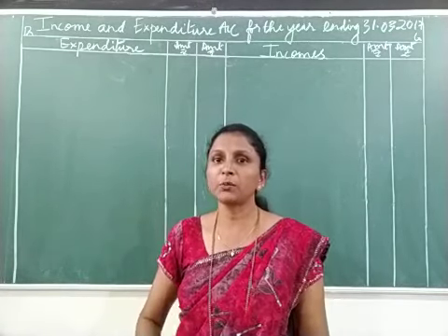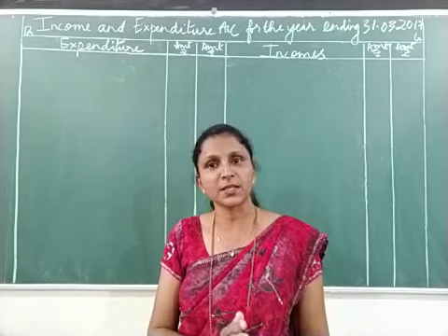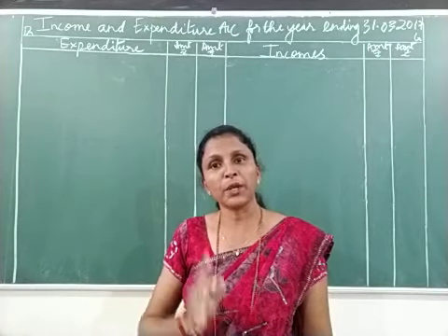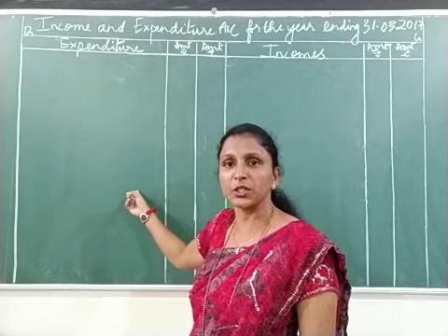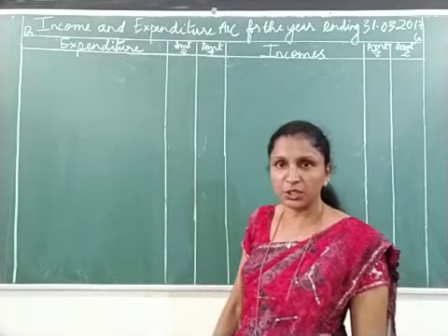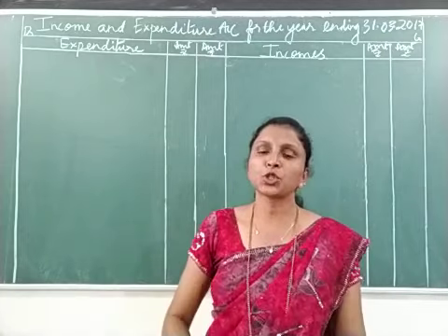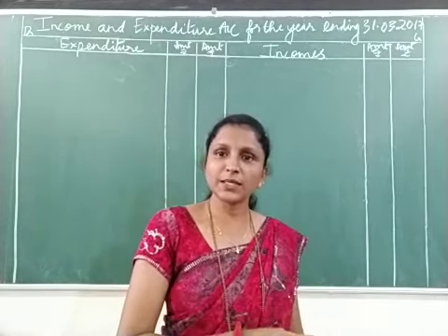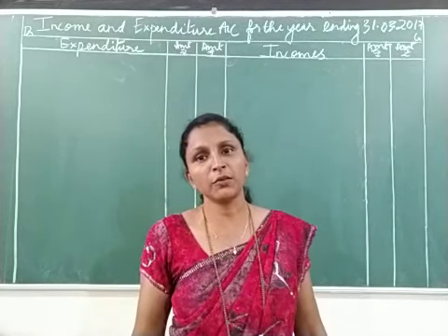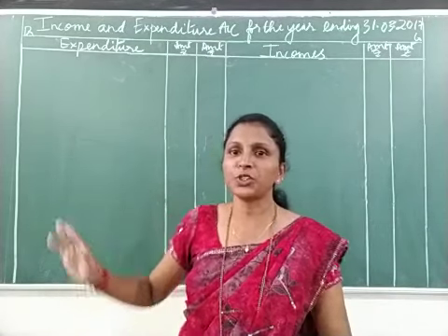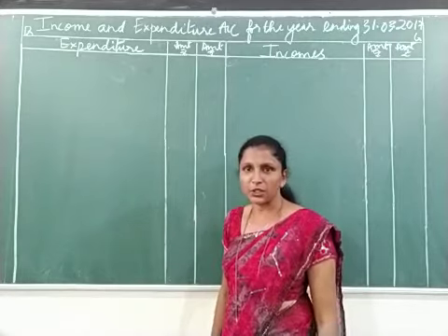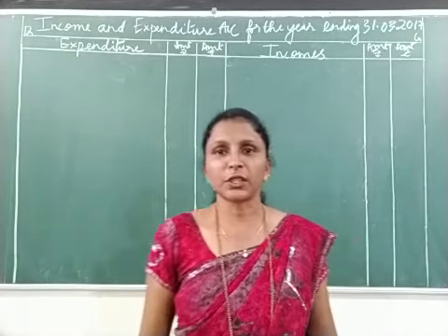That means any item taken from opening balance sheet and receipts and payments account should appear only once: if it is revenue, in the income and expenditure account, if it is capital, in the balance sheet. But an adjustment item should appear twice, once in income and expenditure account and once in the balance sheet. So this is the introduction before we start the income and expenditure account. So let's start with the solution.